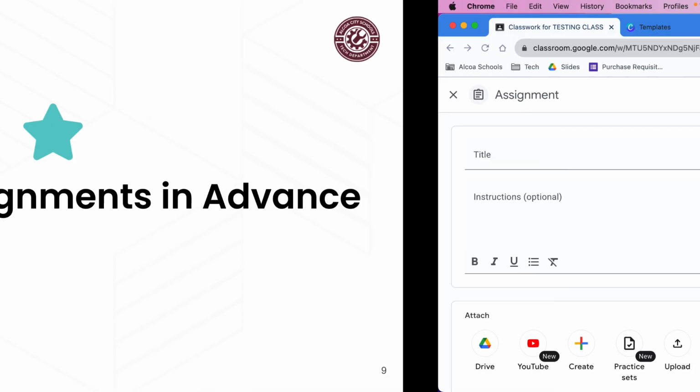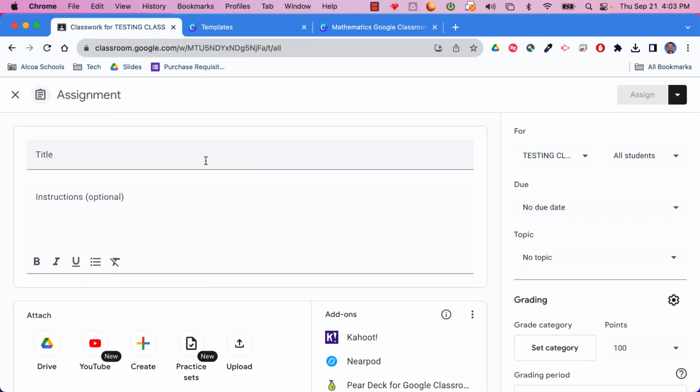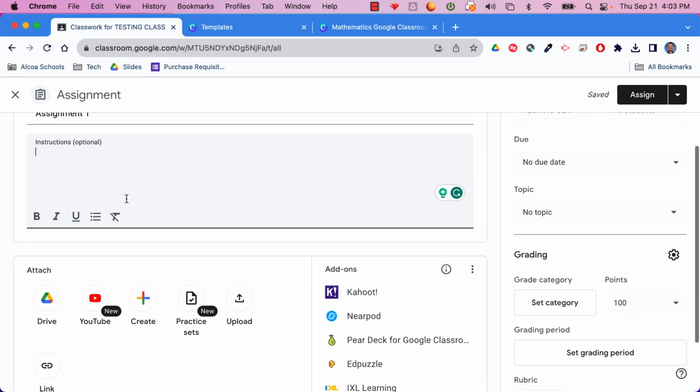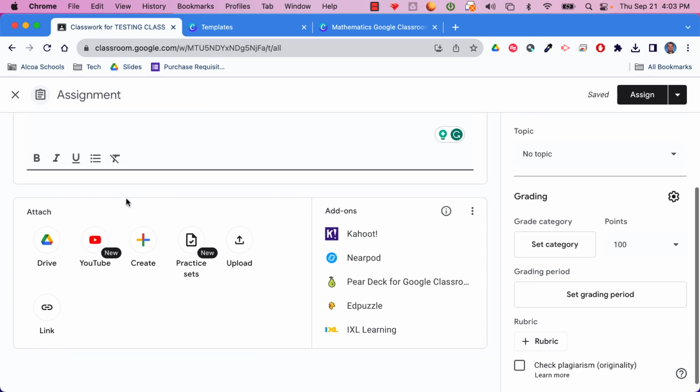Okay. All right. So what that looks like is you go ahead and you go to the assignment area. You give it a title. I'll call this assignment 1. Okay. You can add your instructions there. All right. We're just practicing right now. Attach any relevant links or content from Google Drive or videos. Right. And then